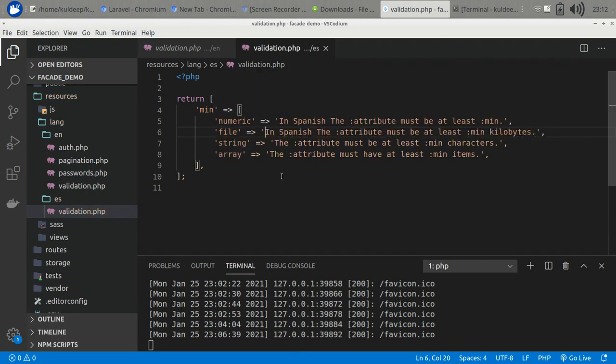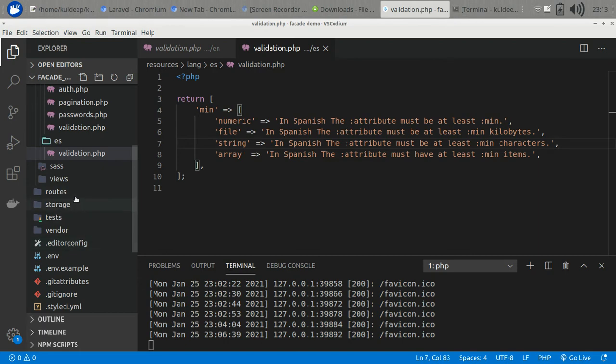Obviously you should have the strings here translated in Spanish. Okay, so for the min validation, if your application throws a validation for the minimum length of a string, then it will show this message. Okay, so let's go to our routes file